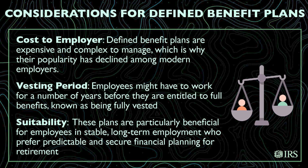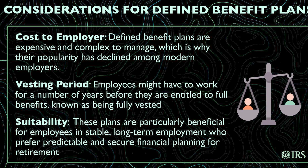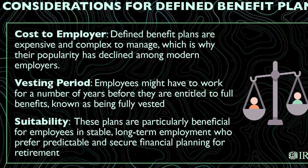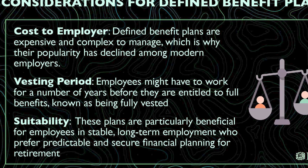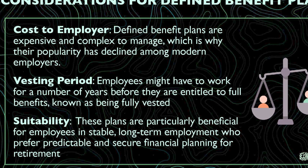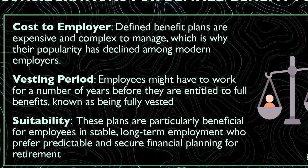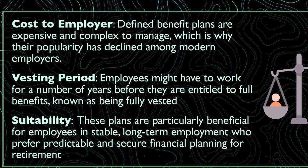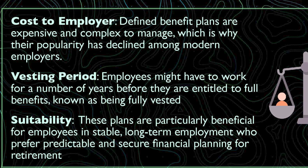So things to consider here: the cost to employer, right? Defined benefit plans are expensive and complex to manage, which is why their popularity has declined among modern employers. Vesting periods: employees might have to work for a number of years before they're entitled to the full benefit. Suitability: these plans are particularly beneficial for employees in stable, long-term employment who prefer predictable income and secure financial planning